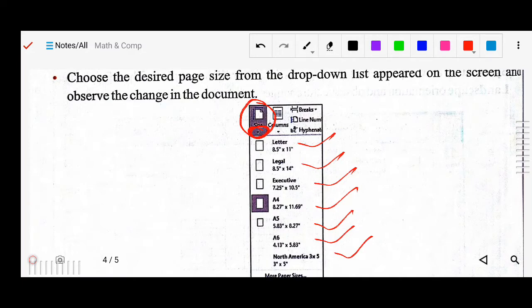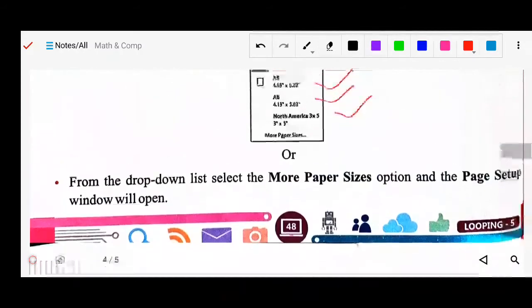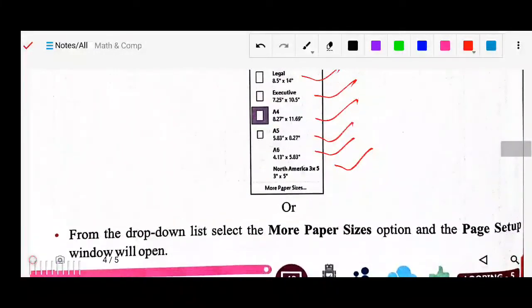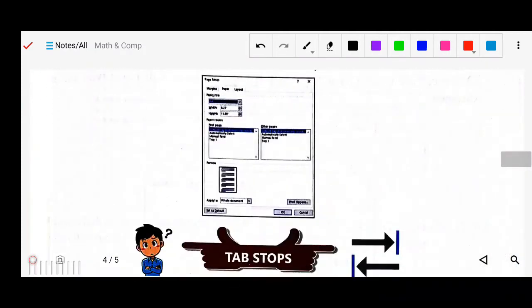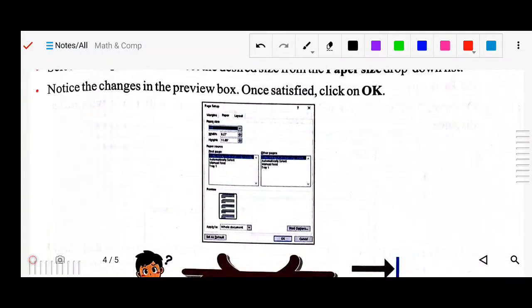Suppose this is not your required page and you want some different dimensions of page, then you can click on more paper sizes. One window will open to customize your page, where you can set the width and height, and adjust everything.